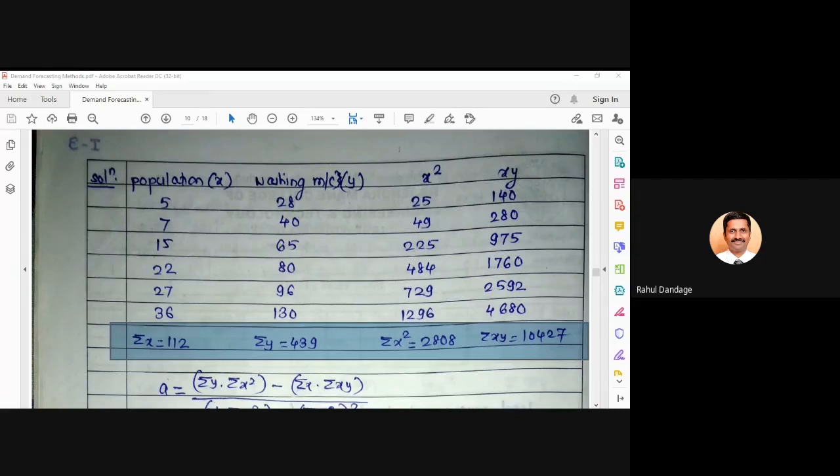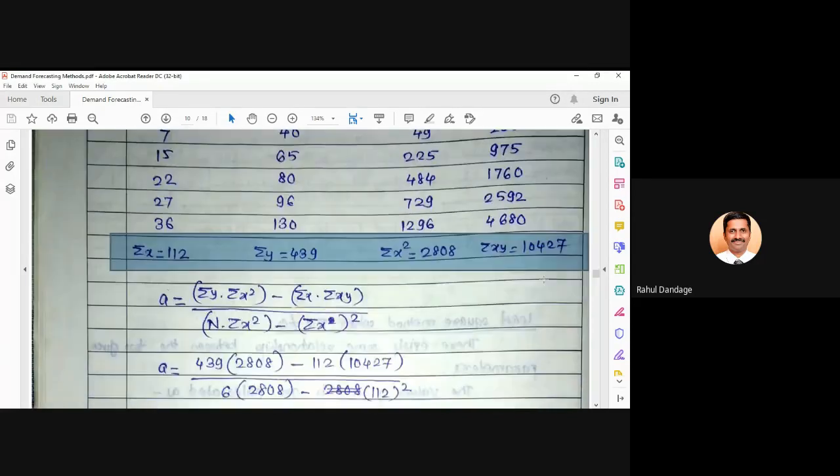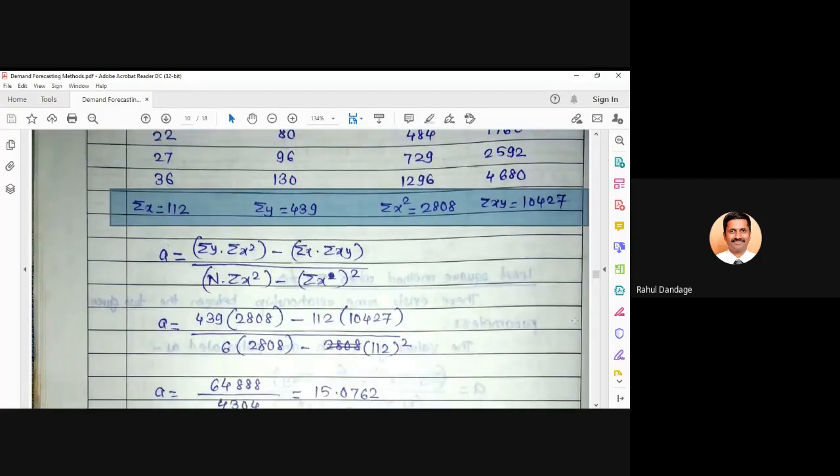So one by one cross-check, and once all four values are correct, yes, Anagha says tally, meaning sigma X, sigma Y, sigma X square and sigma XY, all values are correct. Similarly, for other students also, please check the values and put your reply in the message. Yes, Pratiksha says correct. So others will also get correct values because two people have cross-checked the values. My calculation is also cross-checked by two people and they are getting the same values.